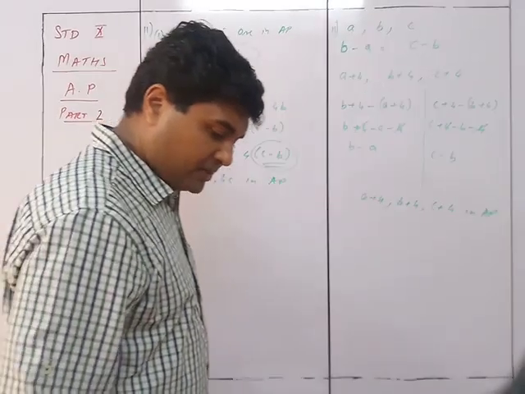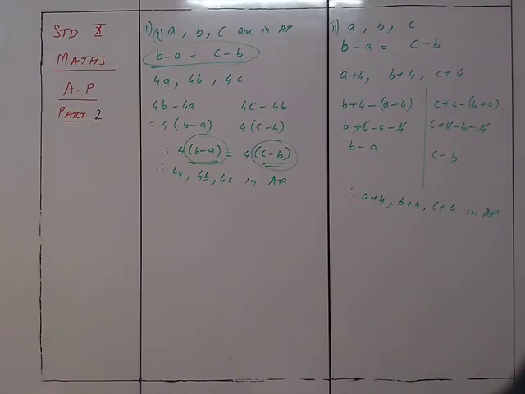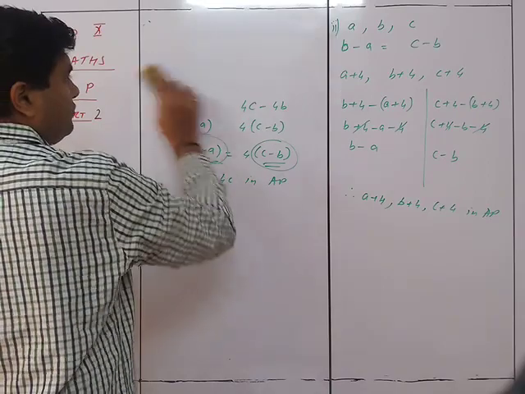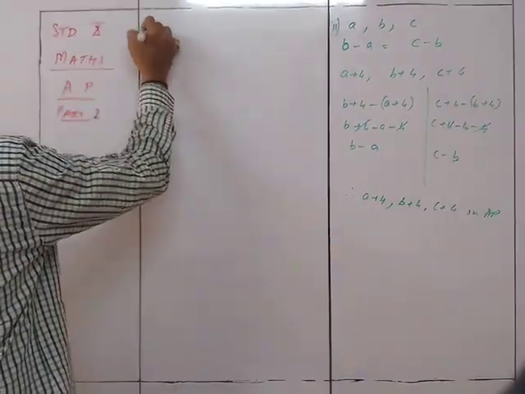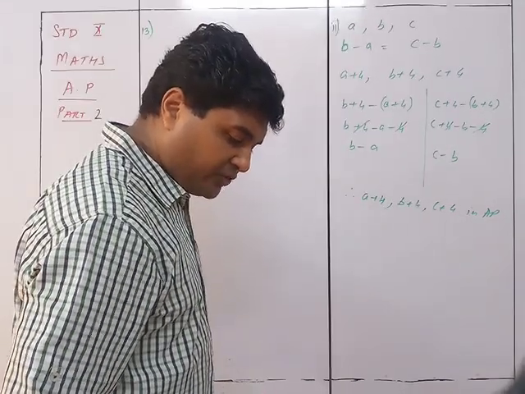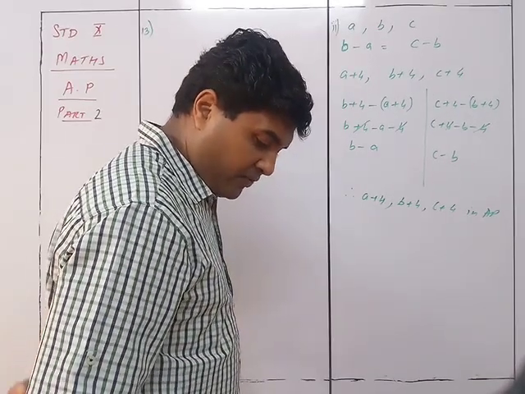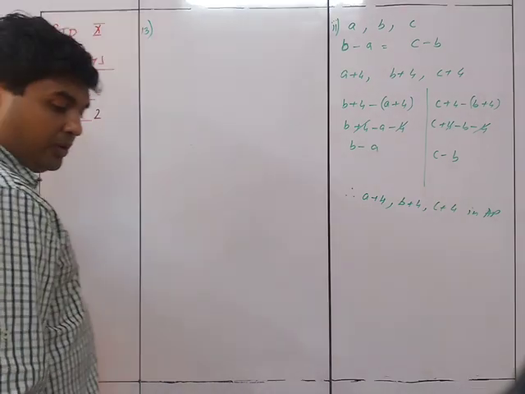We move on to sum number 13. And 15, two questions left out, so I'll just continue in the same video. Sum number 13. Fourth term of an AP is equal to 3 times its first term and the seventh term exceeds twice the third term by 1. Find the first term and the common difference. Okay, we'll do this one.